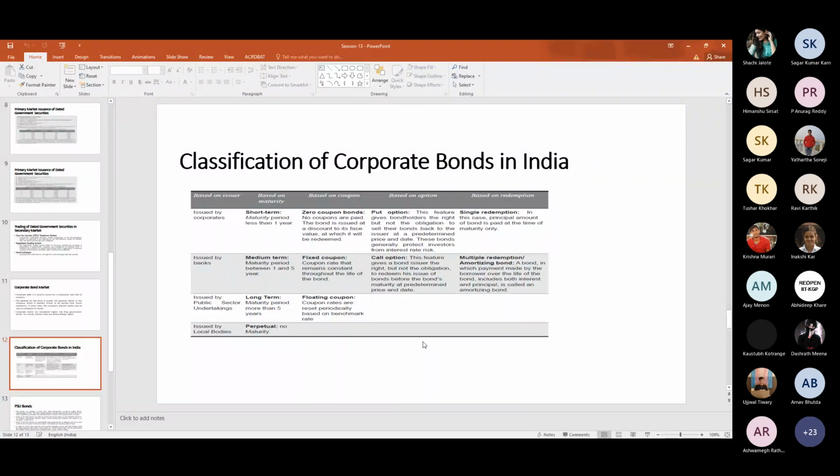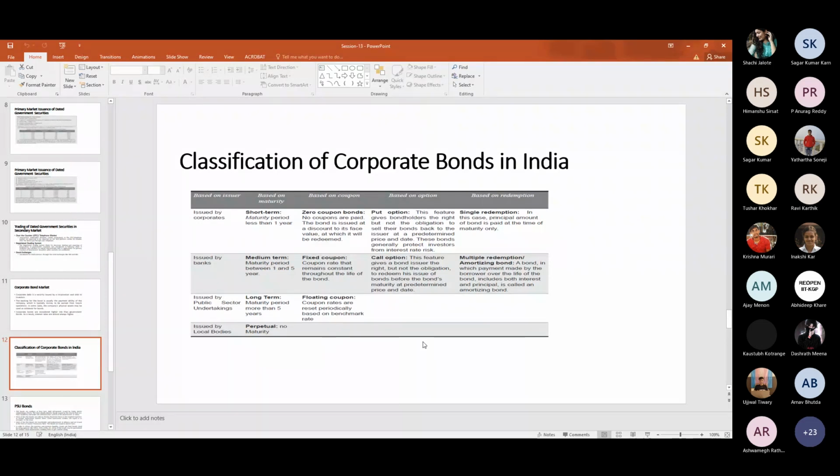In some cases, the coupons are fixed. On a periodical basis, either yearly or half yearly, the coupon rate is basically fixed. It remains constant throughout the life of the bond. Let the bond's maturity period be 10 years. So the coupon rate of that particular kind of bond is fixed over this period. Then accordingly, the coupon will be paid.